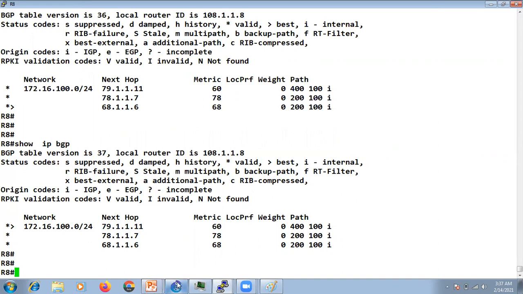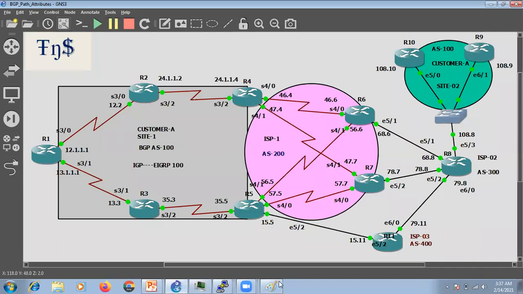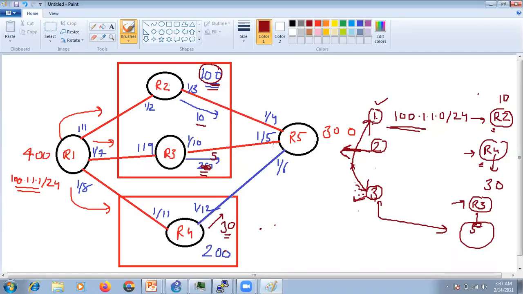Okay, so there are two conditions that we discussed. First is the BGP deterministic MAD. That means that first of all your requests must be from the same AS and they must be in order one after another, only then they are going to be compared. To bypass this, we will use the deterministic MAD command. And the main criteria that MAD says is that it is not going to be compared if it is received from a different AS. So to bypass that particular scenario, we are going to use the BGP always compare MAD command.